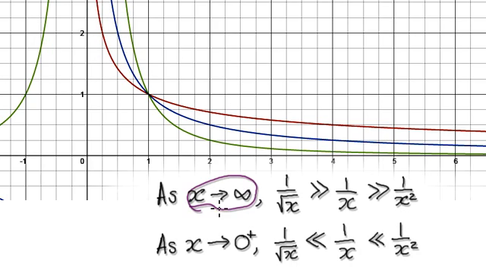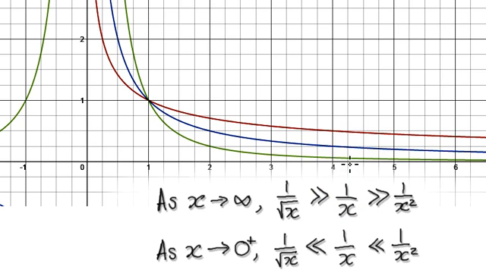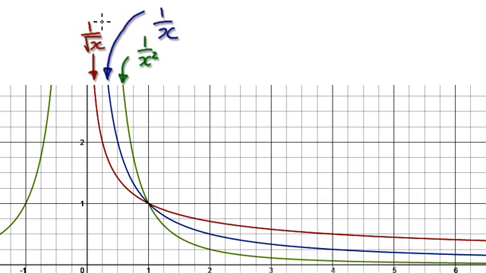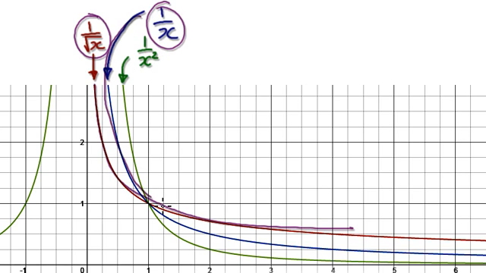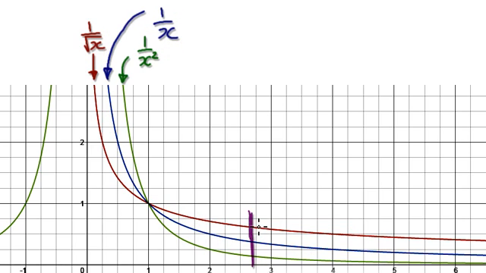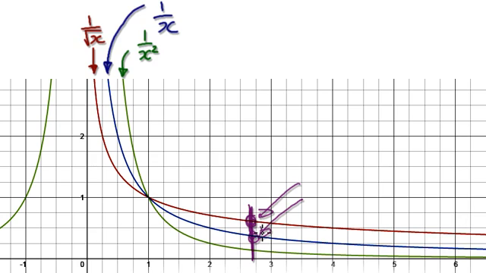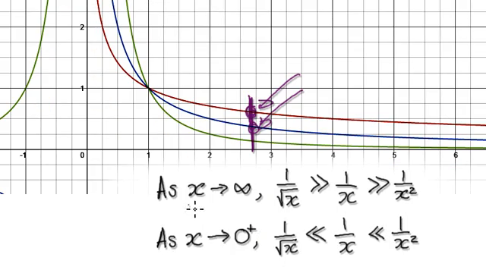As x gets larger and larger, we say that 1 over the square root of x is much larger than 1 over x. Because if you look at the graph here, 1 over the square root of x, that's this red line here, and 1 over x, that's this blue line here. Already you can see that the red line is already bigger than the blue line. But then as x gets larger and larger,